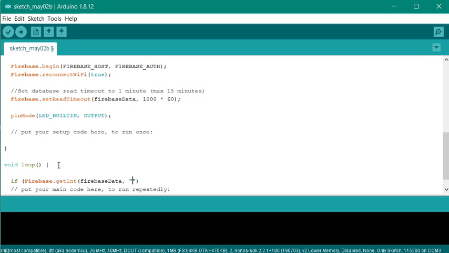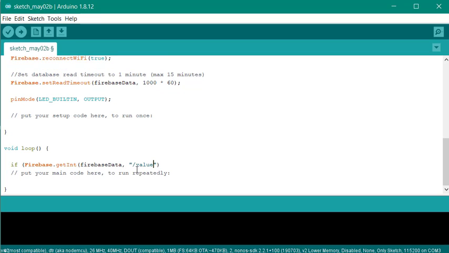If you watched my previous video, I was saying that the value and status which we have created in our Firebase database, the name should be same. So here I am passing the path, that is value. So provide the value. Okay, so now here we could get access to our database through this path.